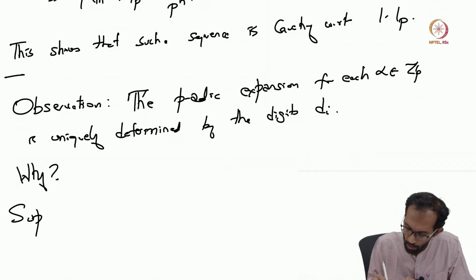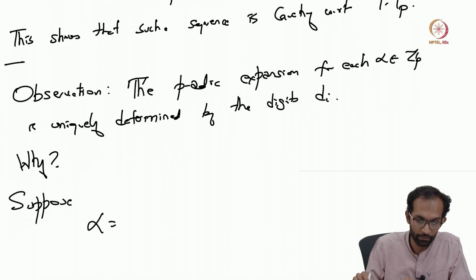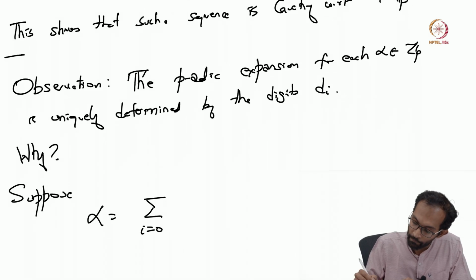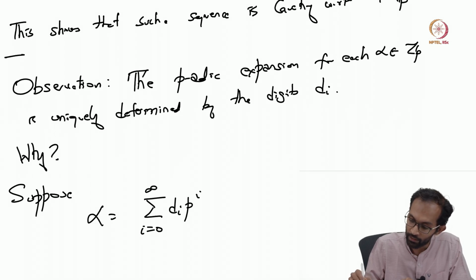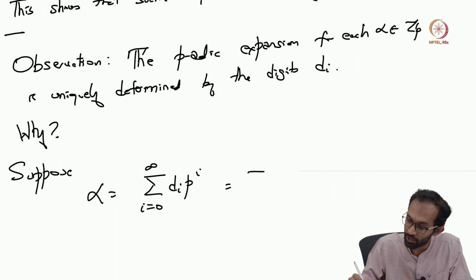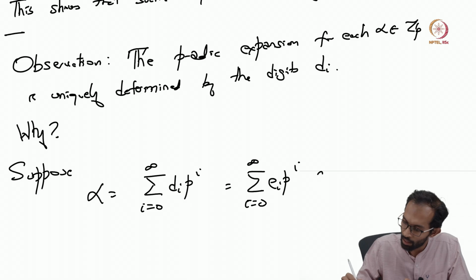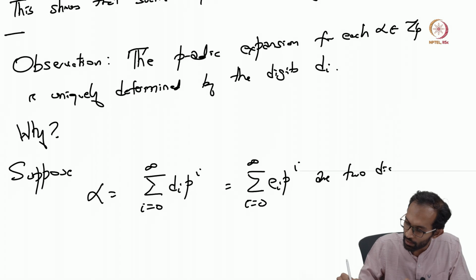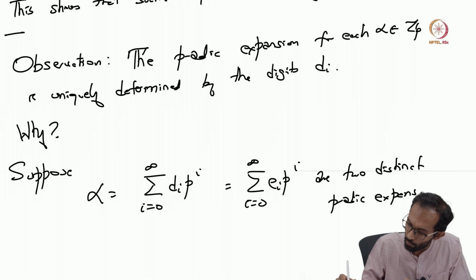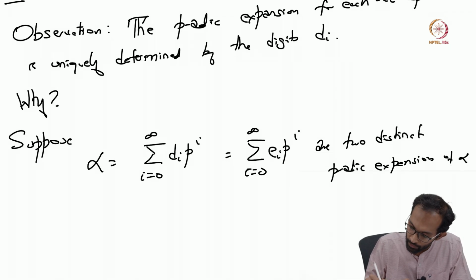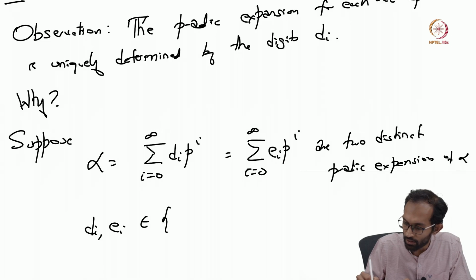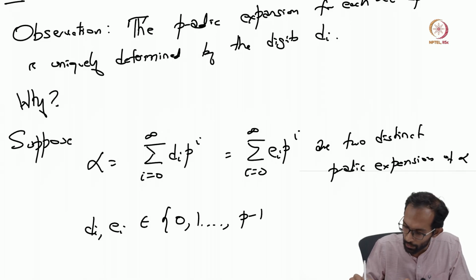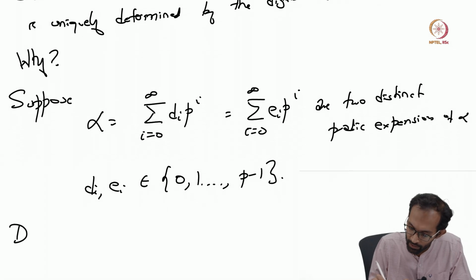Suppose you have alpha and you have, let's say, two distinct p-adic expansions, say summation di p raised to i and summation ei p raised to i, two distinct p-adic expansions of alpha, and so the di's and the ei's belong to the set 0, 1 up to p minus 1. Okay, so if you take the difference,